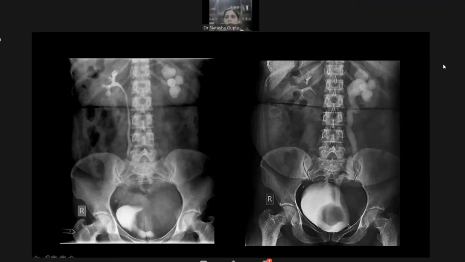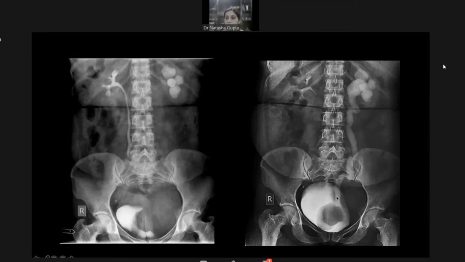Okay, so since you are not able to pick any more findings, I will ask you some very leading questions now. Tell me, is the position of the distal third of the ureter normal? Ma'am, is this how the ureter courses? Is it normal? Do you see the ureter located like this? Ma'am, there is a definite mass effect, and there is medial deviation of the distalmost ureter which is noted. Yes. So this is an extremely important finding to pick, that the lower third of the ureter is deviated medially, right? Superiorly and medially.